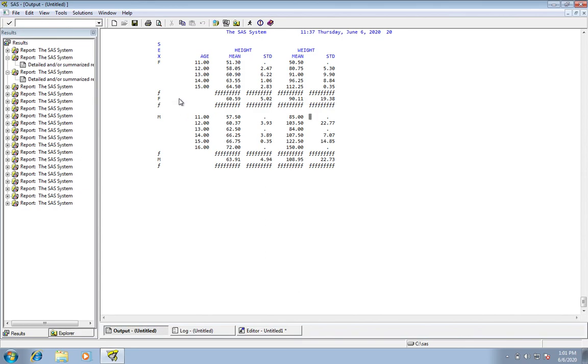For the female values it summarized the data. It gave me the mean value for this height value, and in the standard data it gave me 5.02, that is nothing but the mean value. And this is also the mean value, and this is also the mean value. So basically it gives the mean values if I use the summarize function.